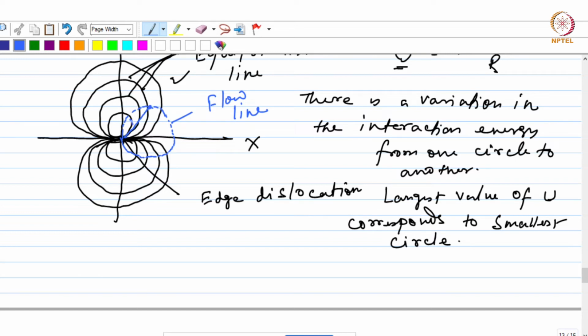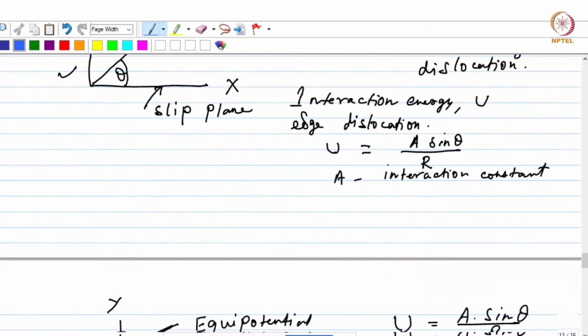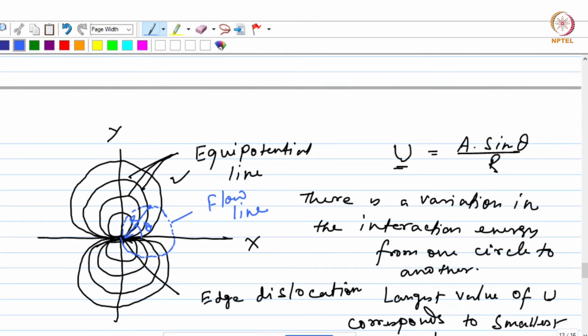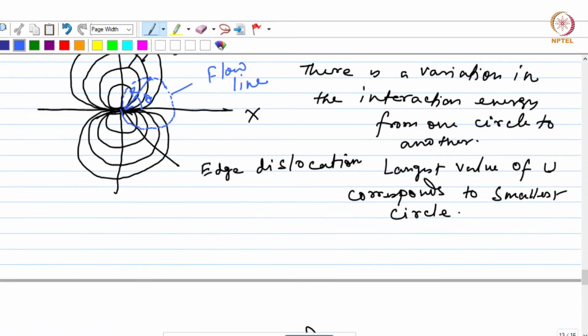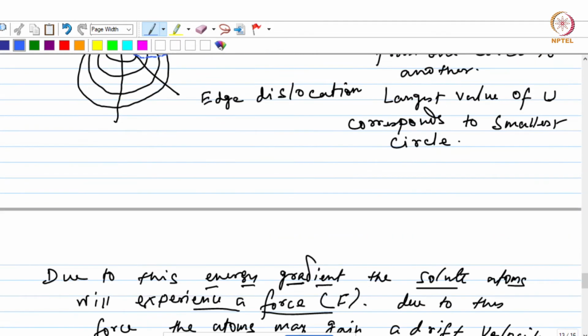Right, so this is that R, okay, because here you have the dislocation along this x-axis, right, and this is the theta. So the same diagram that we had over here can be now brought over here, because now we know in which direction the solute atoms are flowing, right? So that flow direction is along this blue circle that you see over here, okay? And the mean energy gradient across a circle like this can be given by